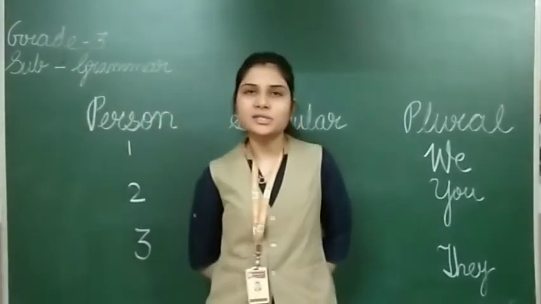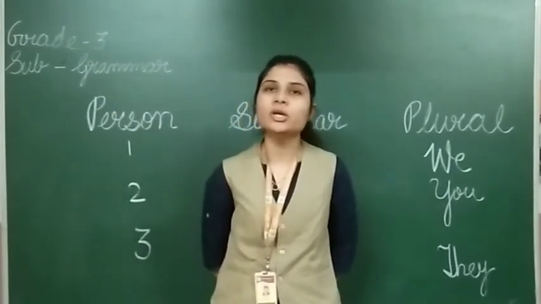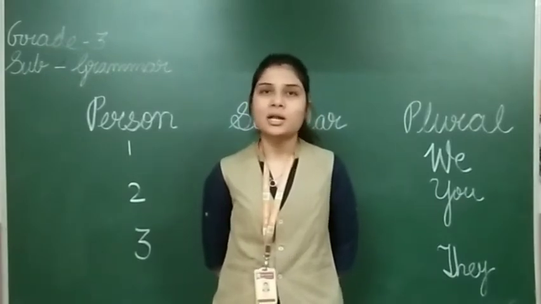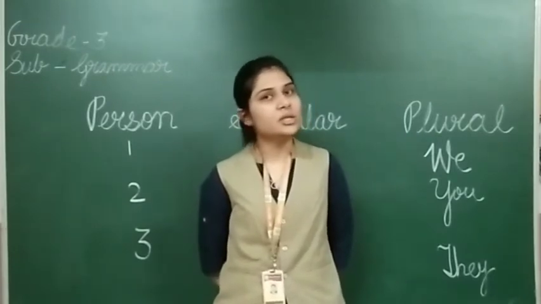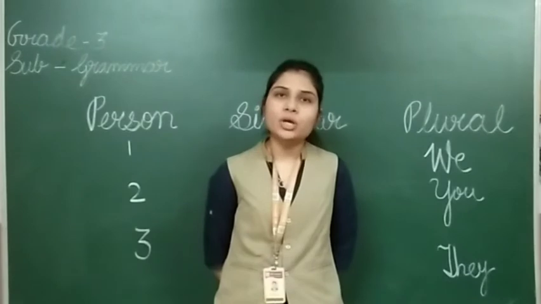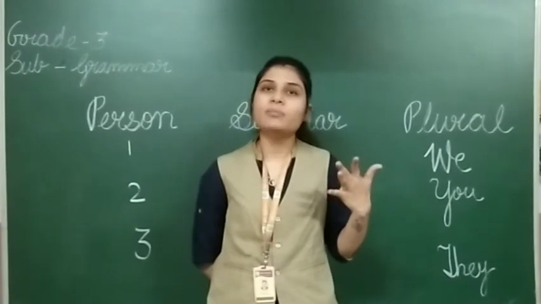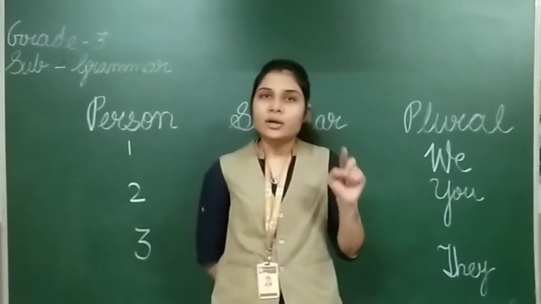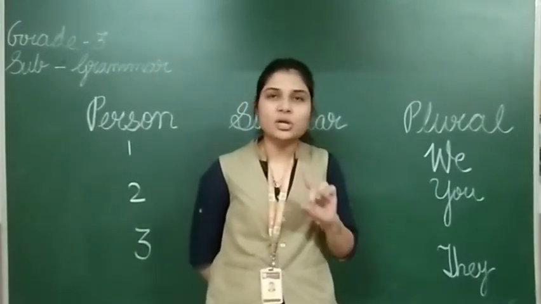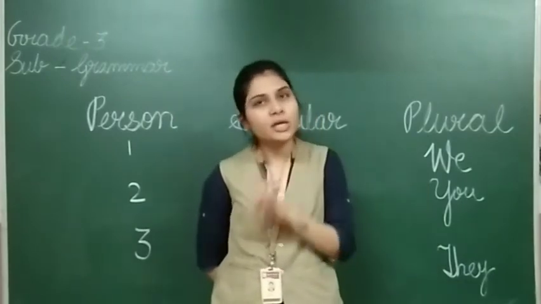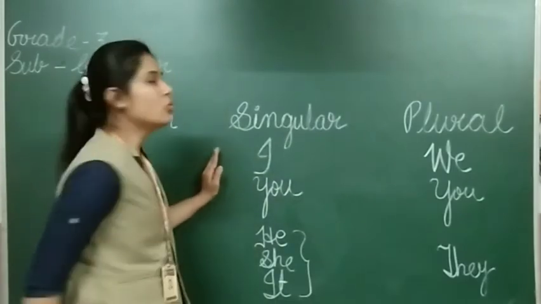See, we have done the last exercise, A B C, and there was a rule also for singular. What were we doing if our sentence started with a singular noun like he, she, it, or a singular name was given to us? We were adding s or es in the verb. And in plural, with a sentence starting with a plural noun like I, we, you, they, or plural names, we were writing the simple form of the verb, meaning we were not adding s or es. Now like this only, we have a table for when we have to use do or does.